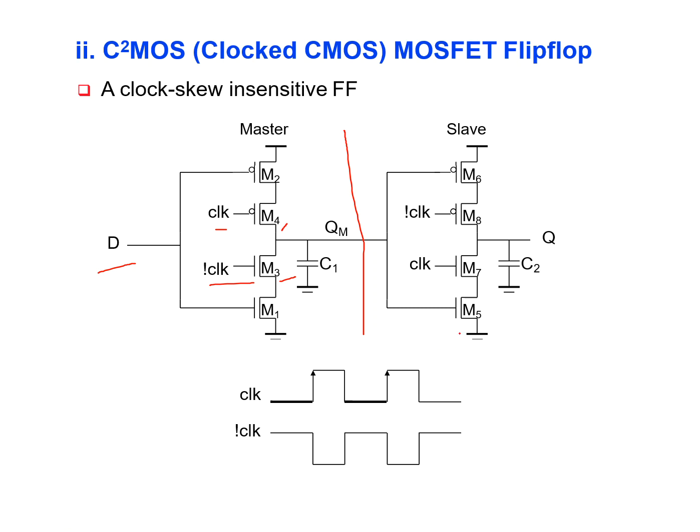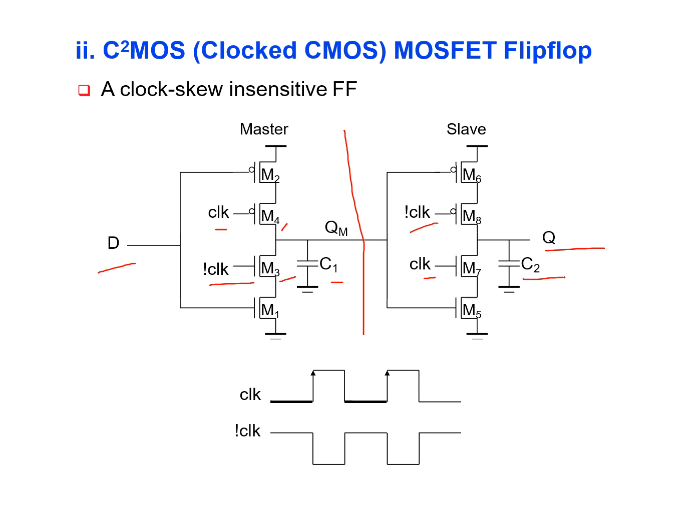On your slave side, the M5, M6, M7 and M8 transistors are there. The gates of M5 and M6 are interlinked and connected to QM. For M7 the clock is connected and for M8 the clock bar is connected. In between M7 and M8 we take our output Q. There exists a capacitance effect, C1 on your master side and C2 on your slave side, which are marked here as C1 and C2.